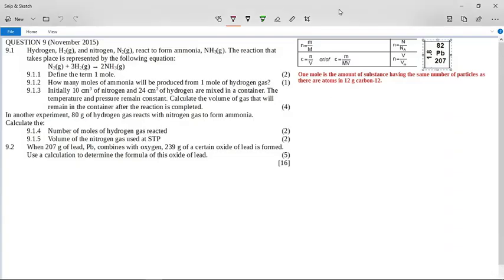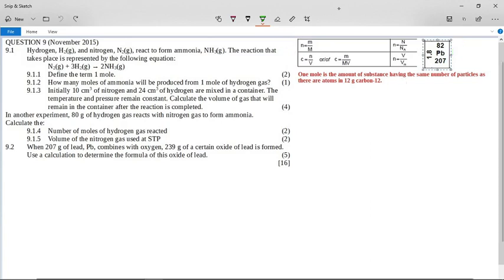Okay, let's look at this grade 10 question. It's a past paper question from November 2015 with stoichiometry calculations. If you look on the side here, we have the formulas from the formula sheet and we have some things from the periodic table. And so you will need your periodic table and your formula sheet if you don't know